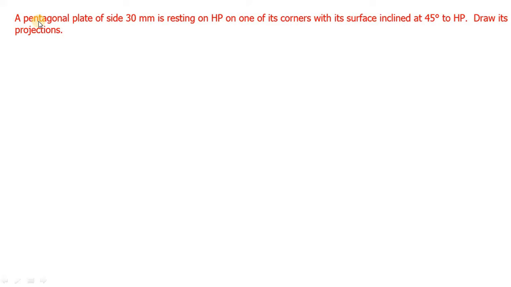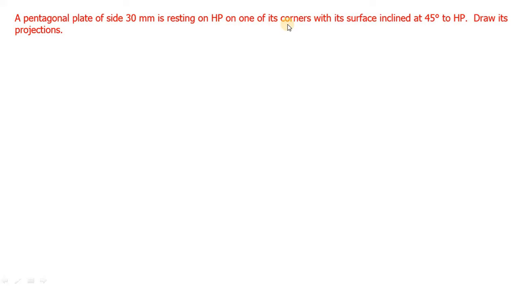A pentagonal plate of side 30 mm is resting on HP on one of its corners with its surface inclined at 45 degrees to HP. Draw its projections. So the plane is a pentagonal plane, the side is 30 mm, it is resting on HP on one of its corners. The pentagonal plate will have 5 corners, so in that 5 corners it is resting on HP on one